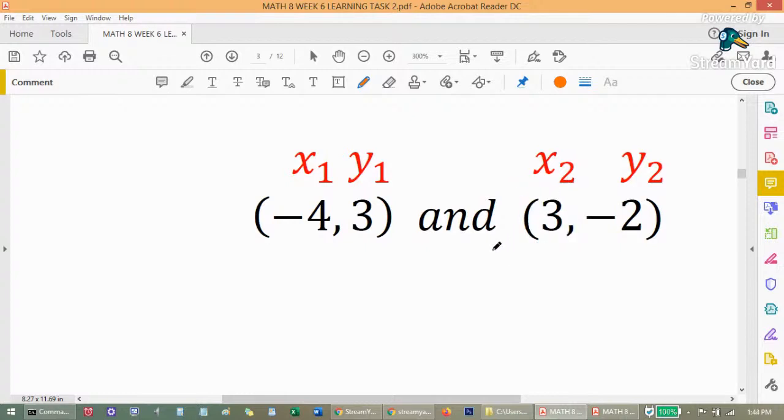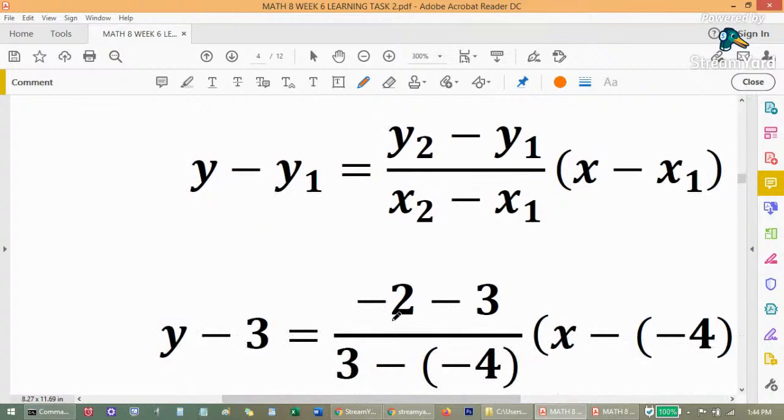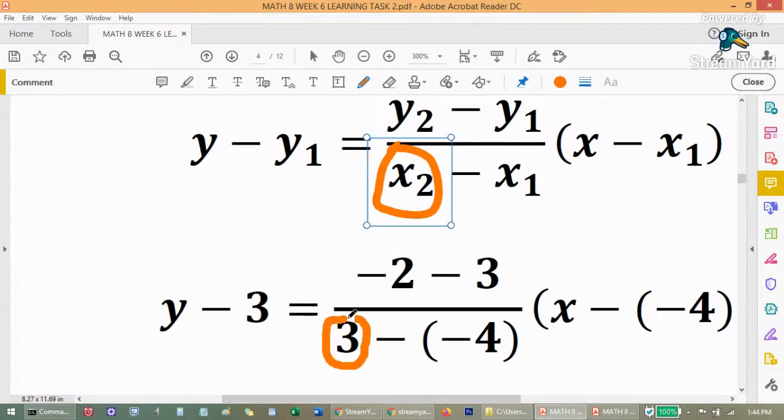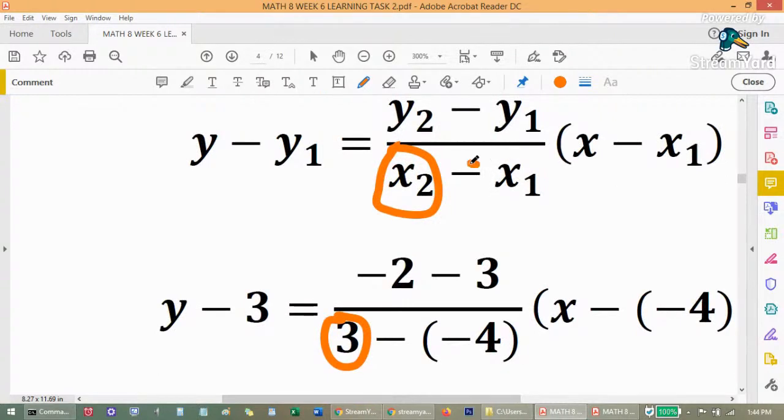So, yung 3, positive, papalitan lang natin ng 3. No? X sub 2, papalitan natin ng 3. Okay? X sub 2, papalitan lang natin ng 3. Because that is 3. Okay? And then minus,